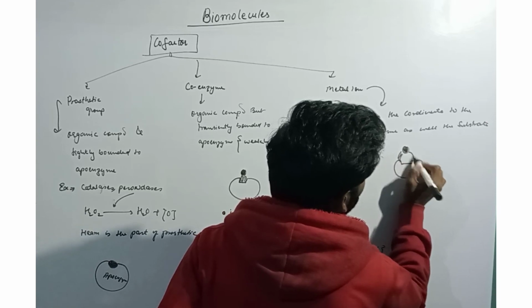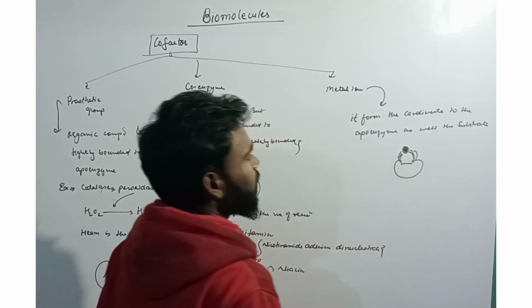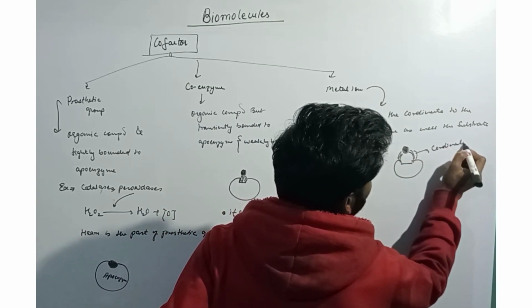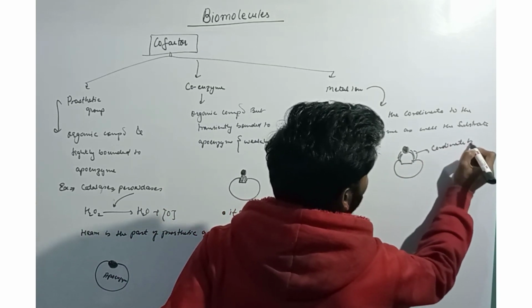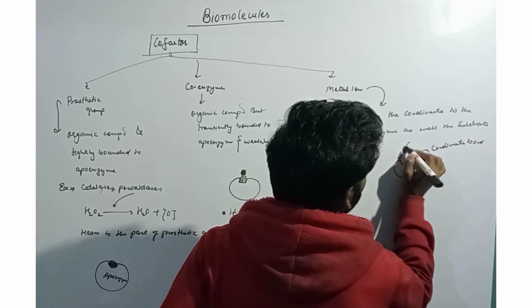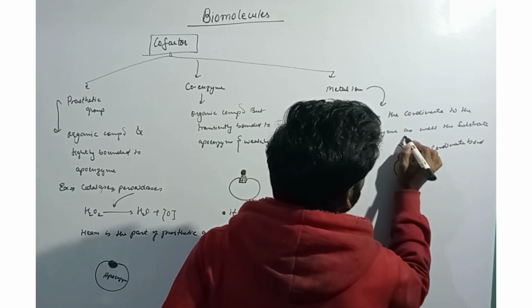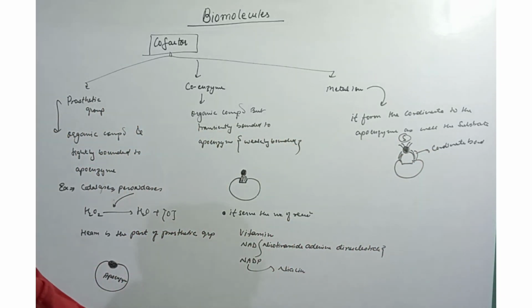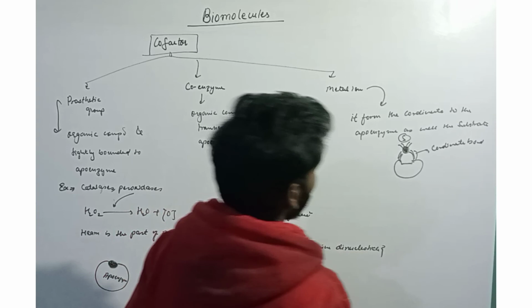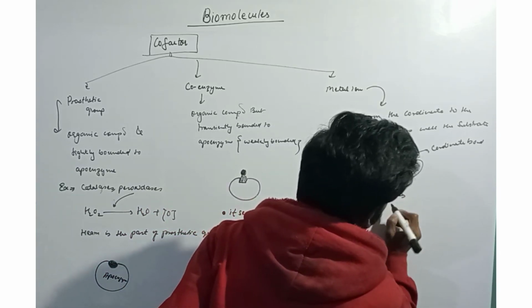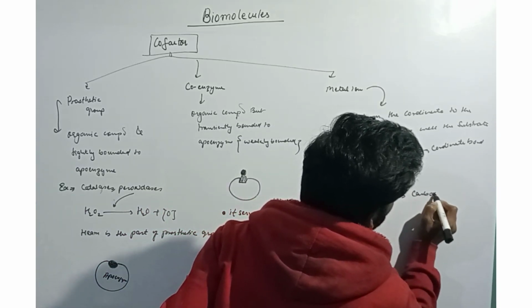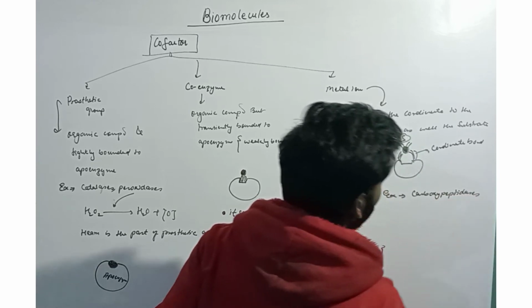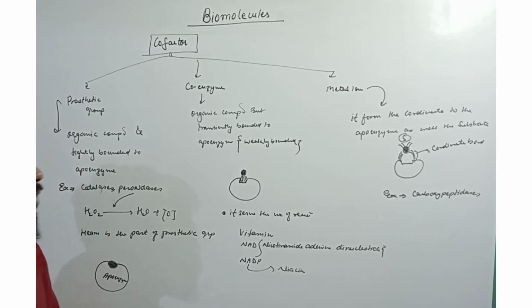It will bond like that with a coordinate bond. I am showing the coordinate bond here. At the same time, it bonds with the substrate also. This is how the metal ion works, for example, carboxypeptidase. Now this is how this chapter is